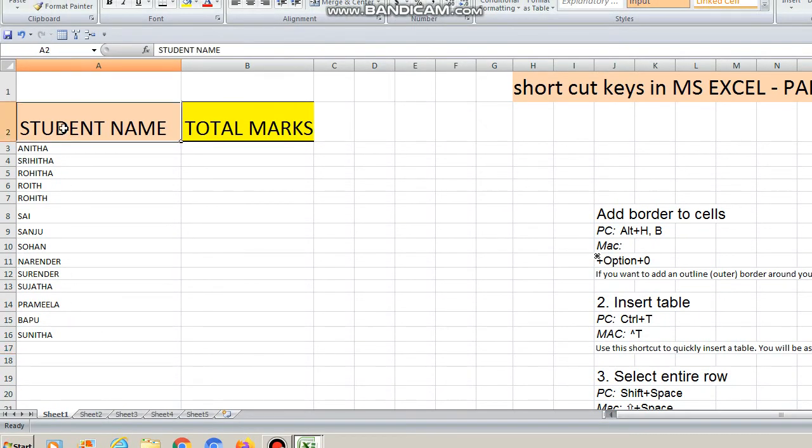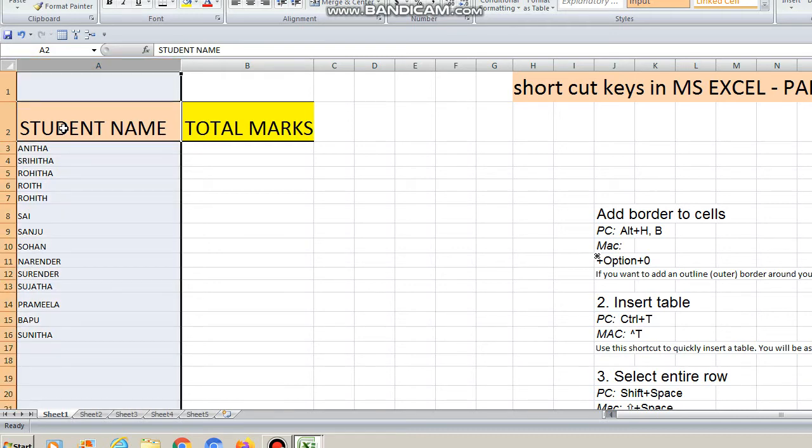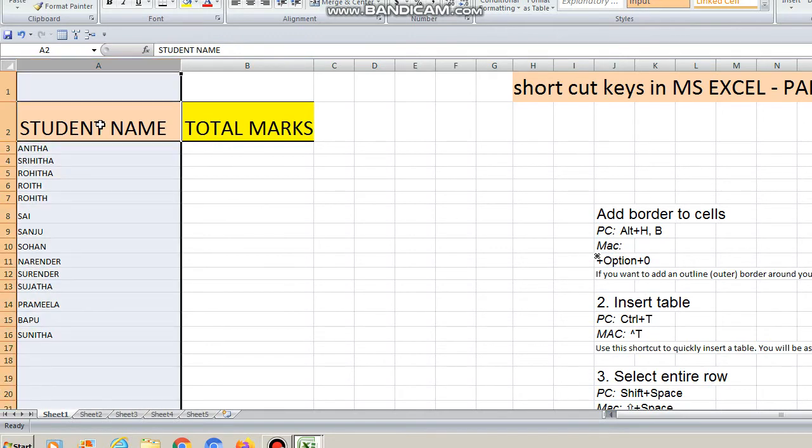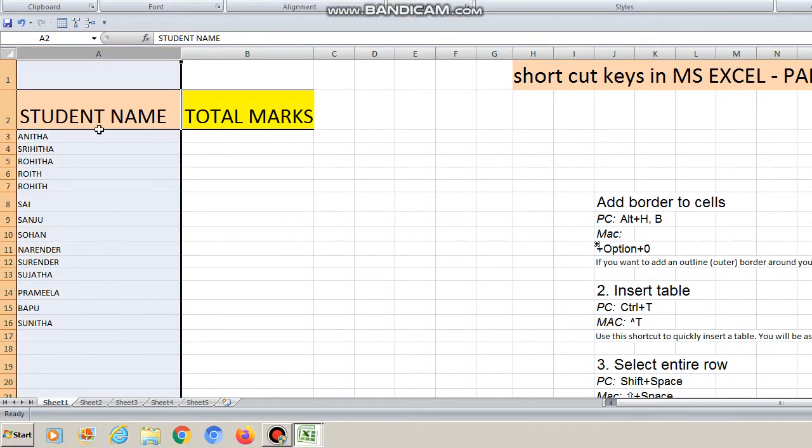Suppose you want to select the entire column: Control Space. Now you see here once again, Control Space. So Control Space selects the entire column.